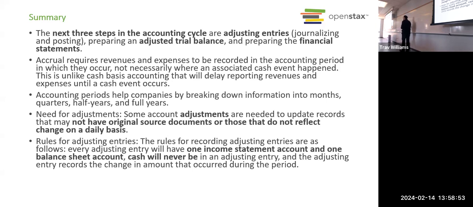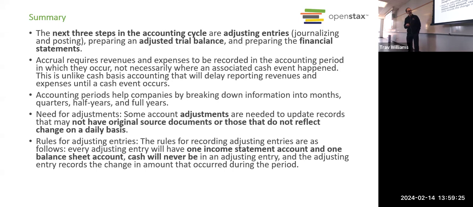So when we get to the long-term assets chapter, we'll see that companies sometimes like a slower depreciation, so they look more profitable, and sometimes they like a faster depreciation, so they pay less in taxes, right? There is a little bit of discretion that accountants can use in making that decision. So yes, we have to do some adjusting entries. We just have to remember to do them at a particular time.